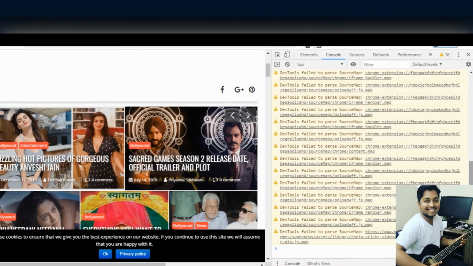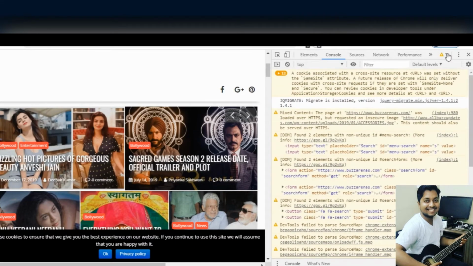So these are the issues which are showing. Just click on this particular one, these are the warnings, 16 warnings. And the mixed content issue is here. The page at https://www.buzzrnls.com was loaded over HTTPS. So basically, a mixed content issue occurs when the initial HTML is loaded over a secure HTTPS connection, but